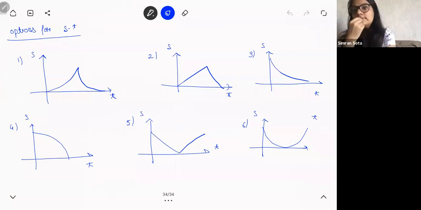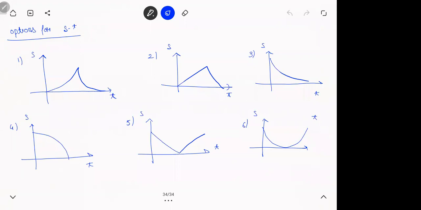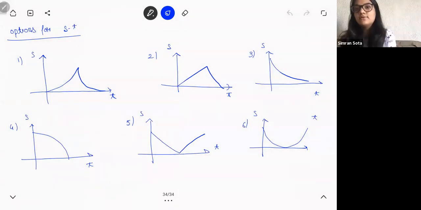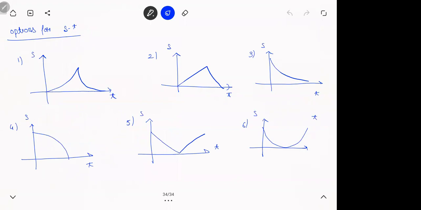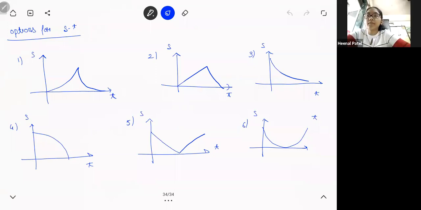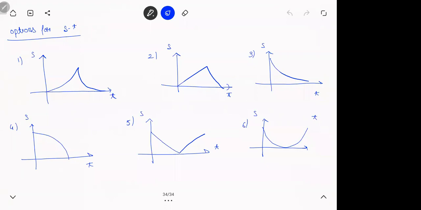Sir, yes Simran. Second and fifth will be wrong because it has to be a parabola, no? How do you know it's a parabola? That's what I'm saying, you don't know this thing. I didn't do this. But the equation S is equal to ut plus minus half gt square is the equation of a parabola. Okay, fine. If you know that thing, it is fine. You can figure it out. Sir, yes Hinal. Third and sixth will be wrong because we can think like that the object at t equals 0, displacement will be 0. Right. So it needs to start from 0.